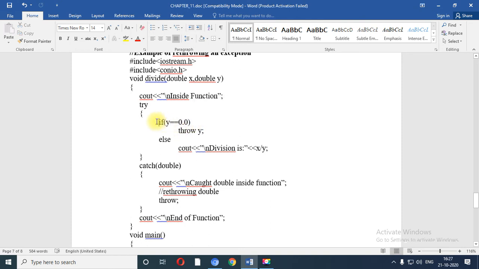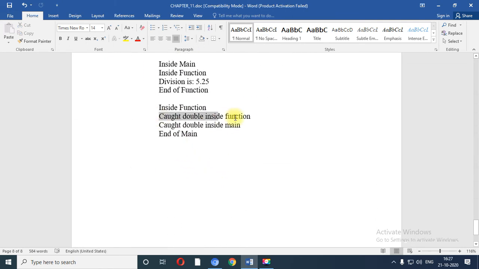This is a true condition, so it will throw the value of y. What is the value of y? 0.0. So it will throw 0.0 to this particular catch block. What is the thing which we have written inside this catch block? Quote double inside function. So that line is printed on the screen.